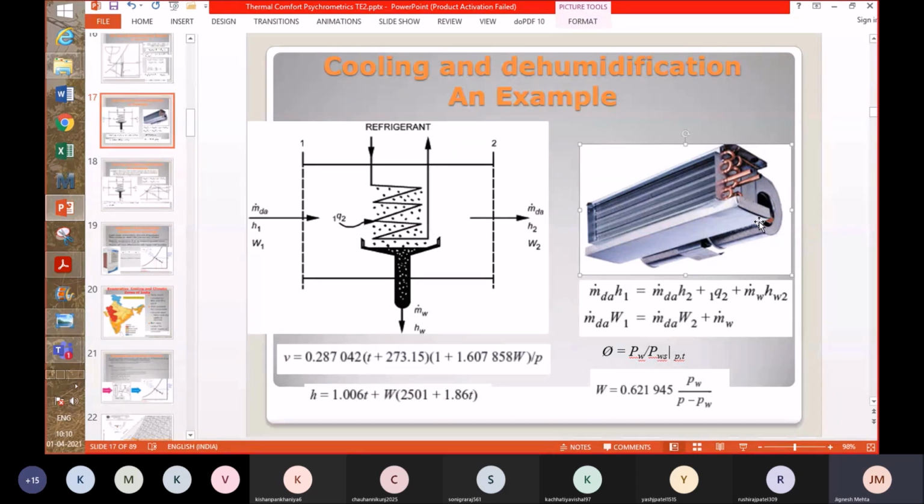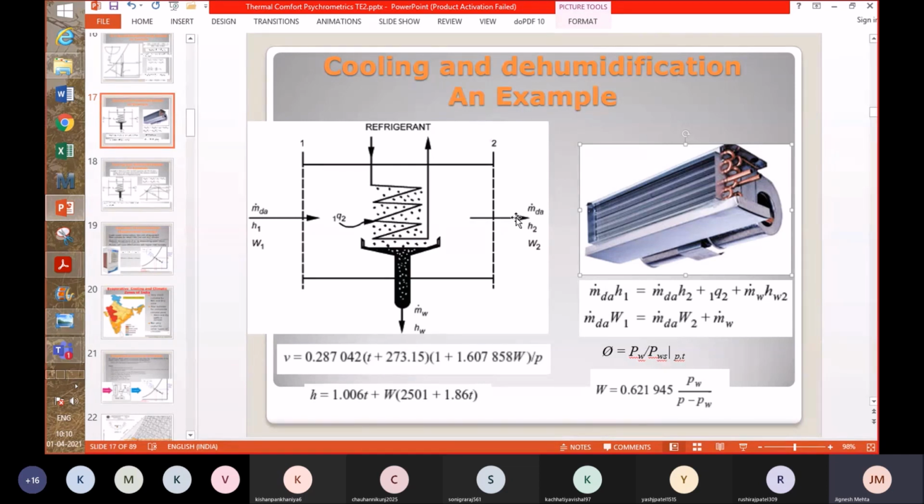So the water coming out from your air conditioner is not coming out from the outdoor unit. It is coming out from the indoor unit. It's basically the room moisture which is being removed. So there is condensation. So this Q12 shows the heat removal by the refrigerant, right? Now this refrigerant is considered to be outside your system, and it is taking away the heat. So heat is taken away from the system, and the rate of that is Q12.